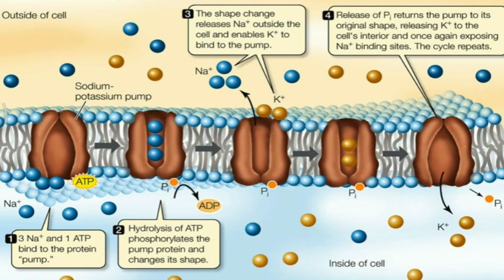So whenever ATP is bound, the shape is such that it can allow sodium ions to go out. Then when the ATP is broken down, and the inorganic phosphate is released, the shape is again changed, and this process goes on continuing. So in active transport, the ATP is utilized to get energy, and the sodium potassium pump performs with the help of this, and the entire functionality takes place only because of this structure.